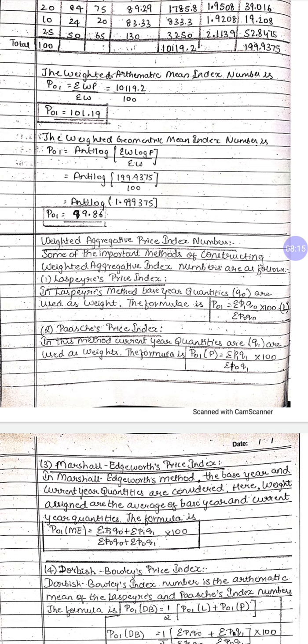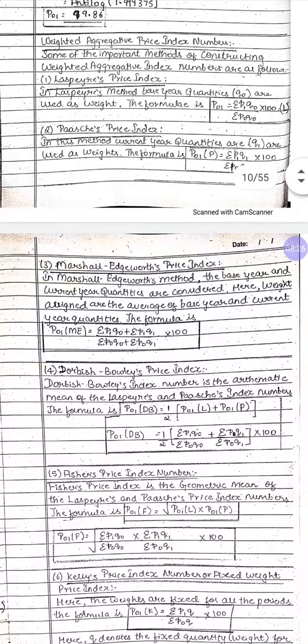Then Marshall-Edgeworth is a theory where Paasche and Laspeyres put together we will get the Laspeyres piece. Then we have Bowley, which is half of your Laspeyres plus Paasche, okay. Marshall-Edgeworth, see, it is interconnected, I will just tell you. First we will find out Laspeyres and Paasche. Marshall-Edgeworth is both put together, only adding, okay. Bowley is Laspeyres plus Paasche, but it is a half, we will be taking half of that. Then Fisher is a root of your Laspeyres and Paasche.